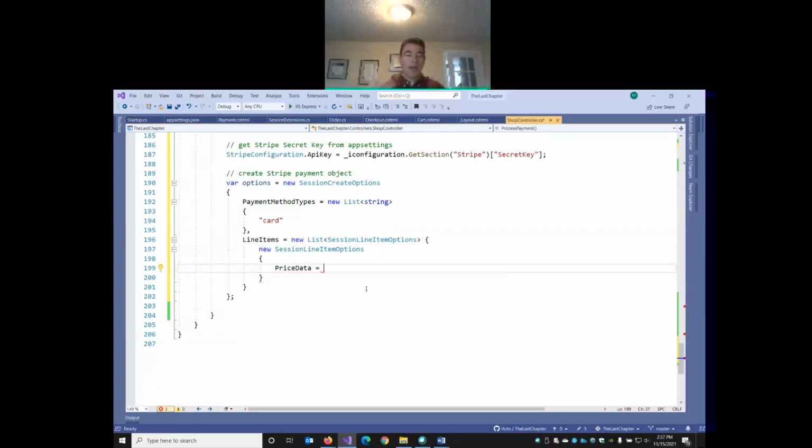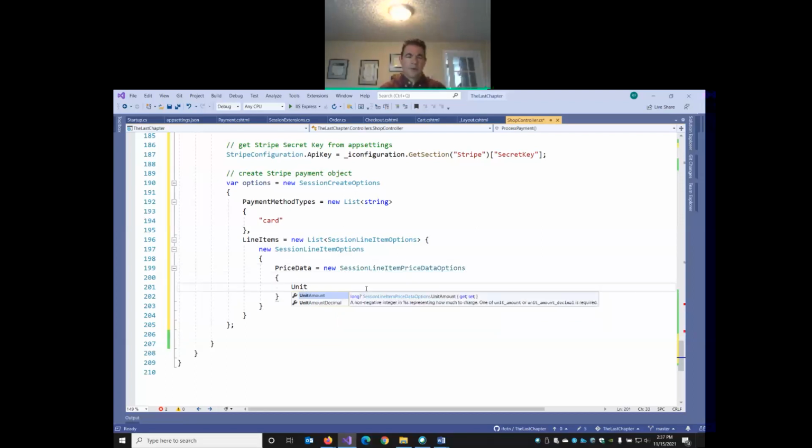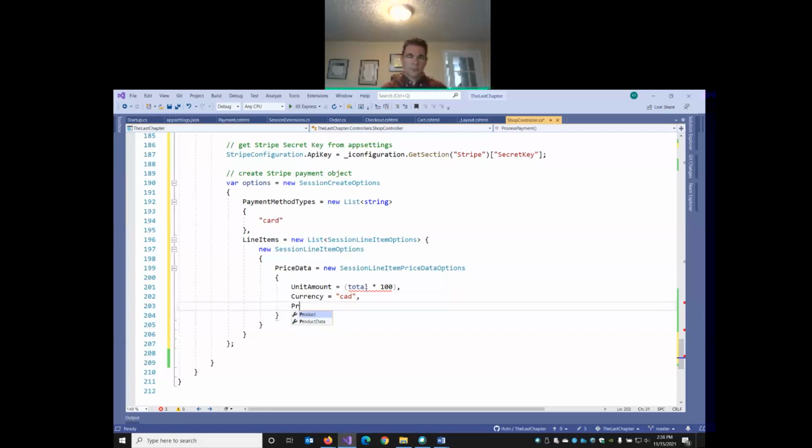This is where we're going to have to supply the amount of the purchase, ultimately. So our amount is going to be our total times 100, which it'll complain about. Our currency will be Canadian dollars. And our product data,